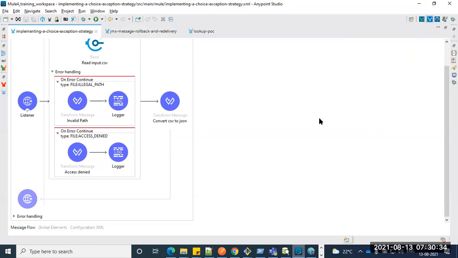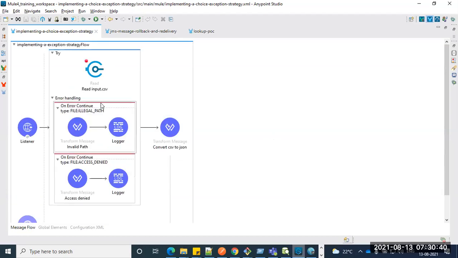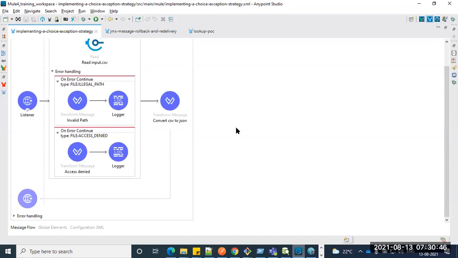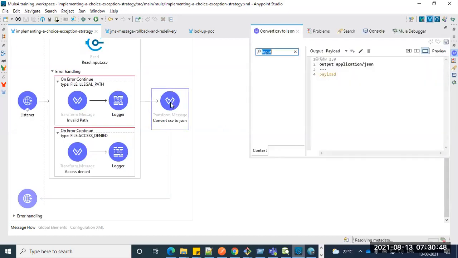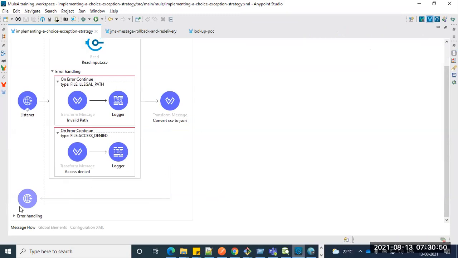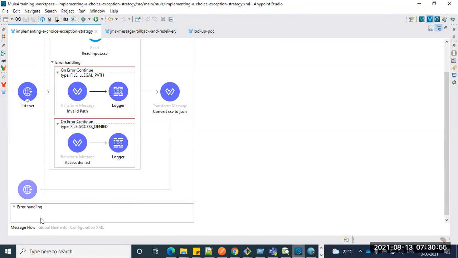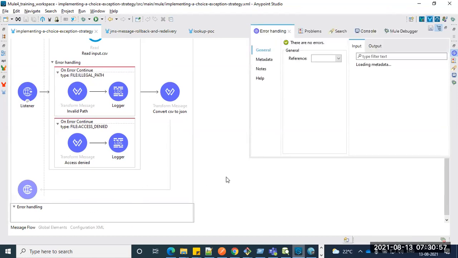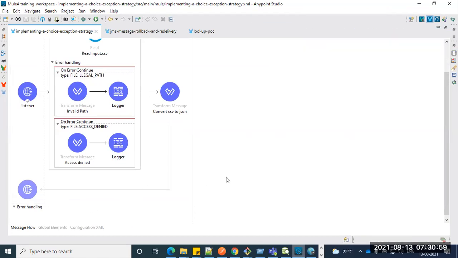So if you observe, there are different ways you can achieve this error handling, meaning I put it only on a specific component, not on the entire flow. Think like this: something went wrong in the JSON file and you did not handle it here. It does not come under the try block. It comes under the error handling at the bottom. It's global level. So that's what I'm trying to highlight here.